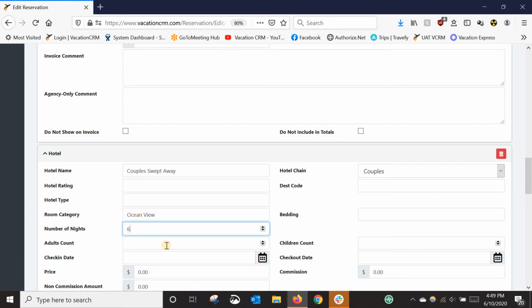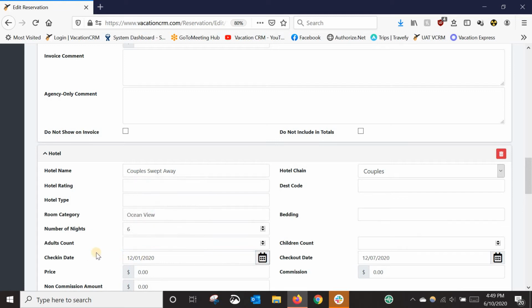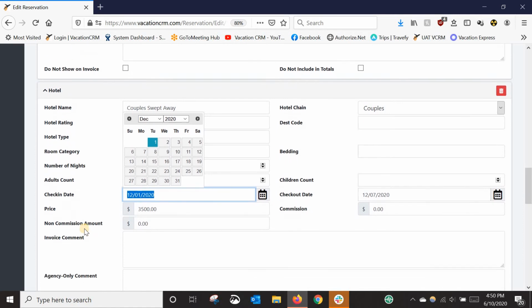And I think I put number of nights of 6 on the trip screen, so I'm going to put my check-in date, and since I entered the number of nights and the check-in date, it knows the checkout date is the 7th, so it automatically entered that. Let's say the hotel is 3,500,